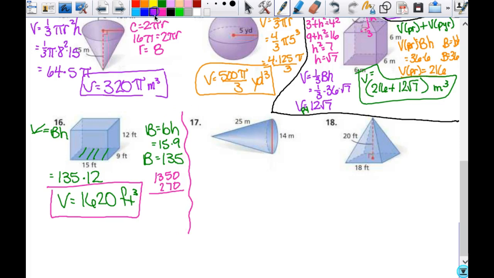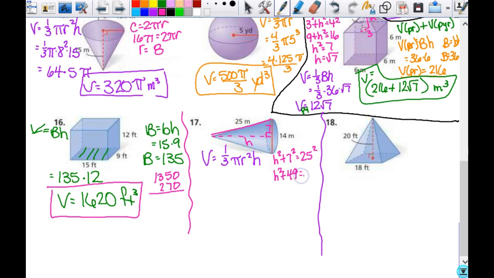All right. Volume here. This is a cone, 1/3 pi r squared h. Do I have everything that I need? I need the height, right? And so this is 7. This is my height. This is 25. So h squared plus 7 squared equals 25 squared. H squared plus 49. 25 squared, you should know, 625. Good. And then h squared is equal to